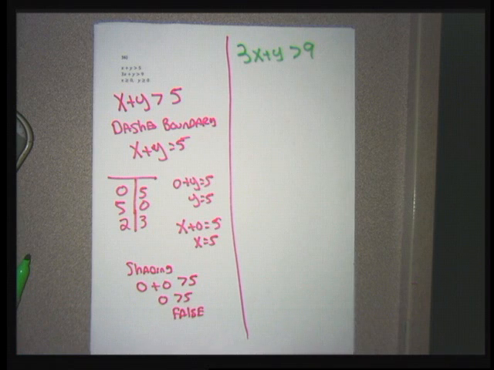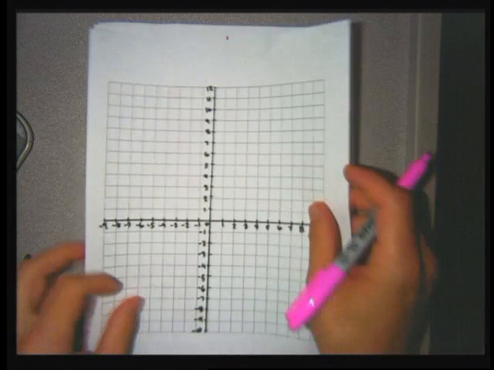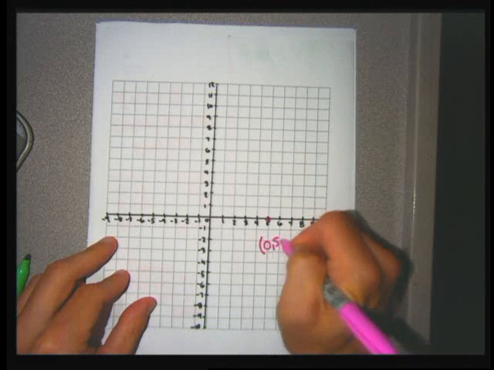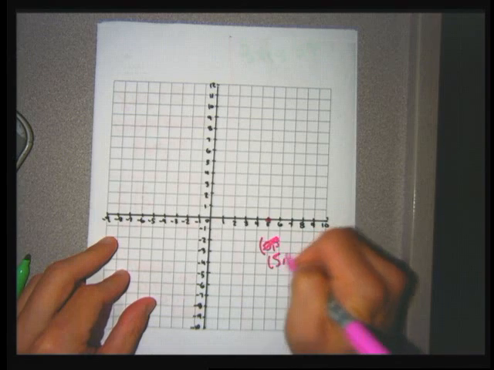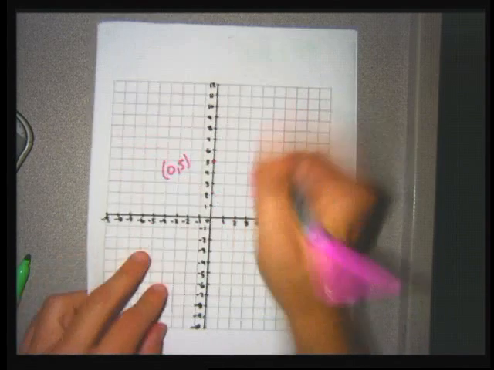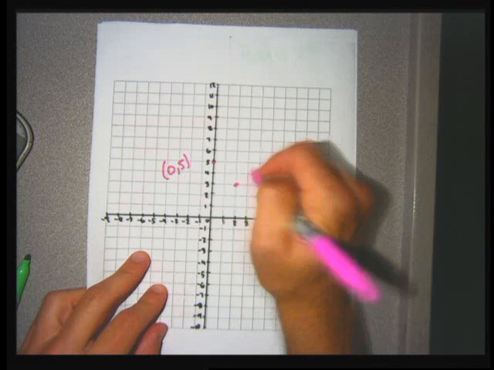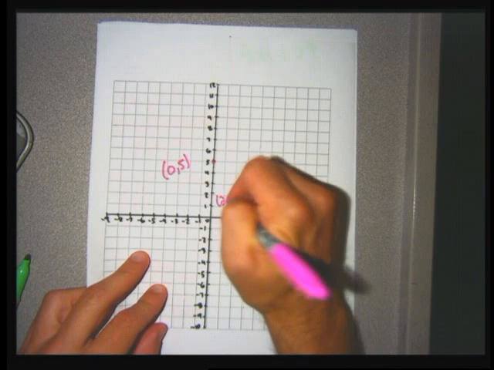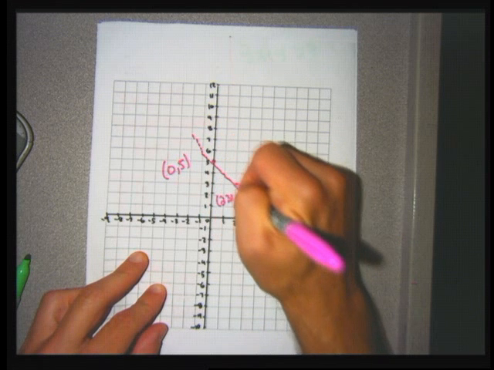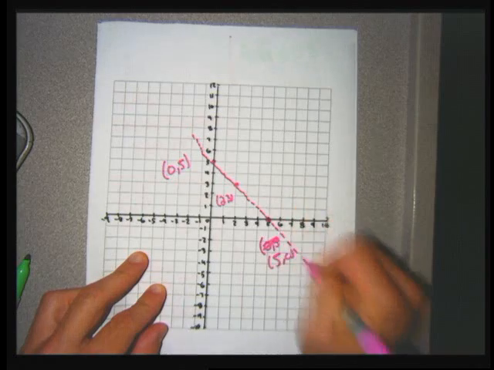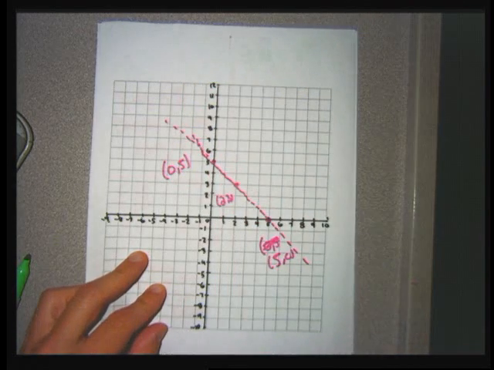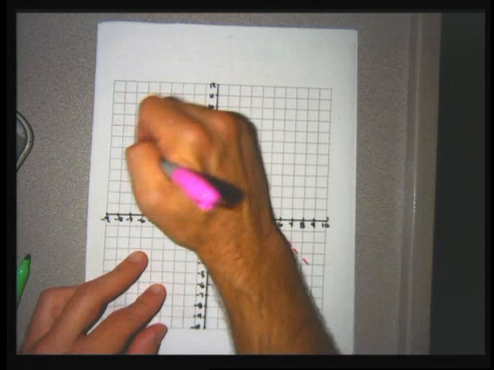So when I go to work with this part of this problem, I draw the point 5, 0, and the point 0, 5, in addition to the point 2, 3. And I get a dashed as opposed to a solid line. And it's actually supposed to be a line and not a curve, but mine started curving, and it is what it is. And for this one, 0, 0 is on the false side of the line, so I'm going to shade